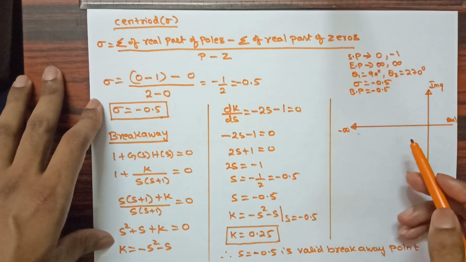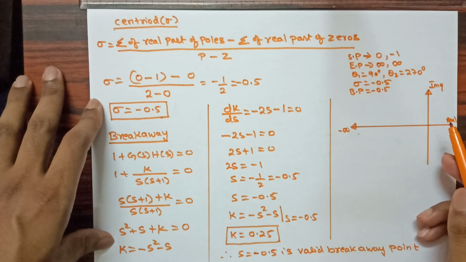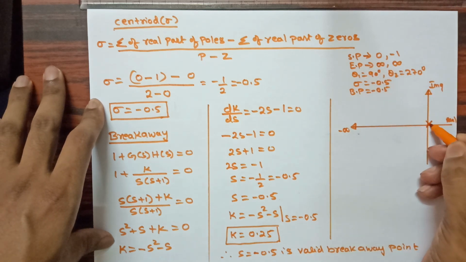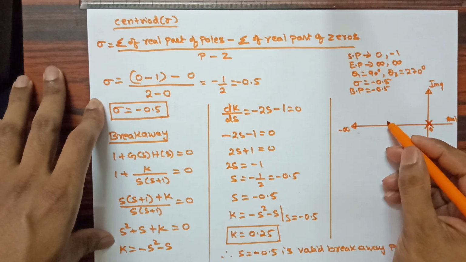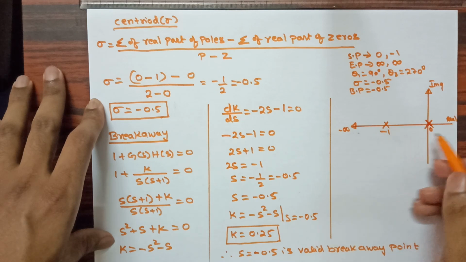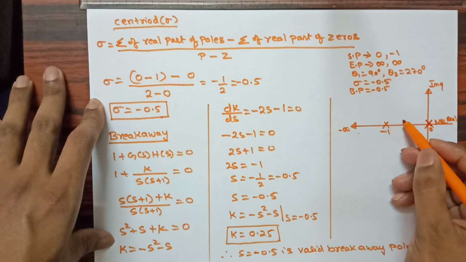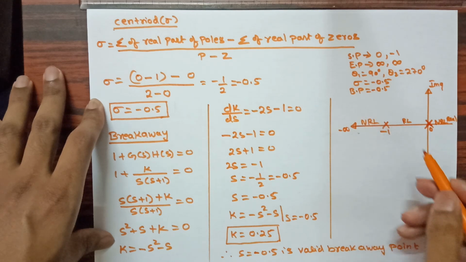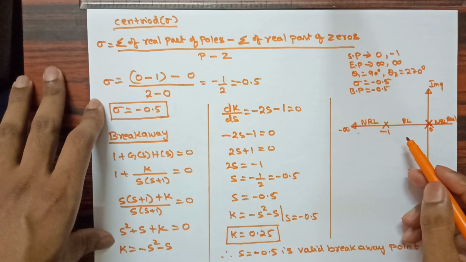Now, by taking these values into consideration, I am going to sketch the root locus, and I will check whether I need to find the intersection with the imaginary axis or not. So the starting points: one pole is at the origin, that is S equal to 0, and the other pole is at -1. From here to here there is no root locus path, from here to here it is root locus, and from here till infinity there is no root locus path. Now we need to show these two poles approaching infinity.